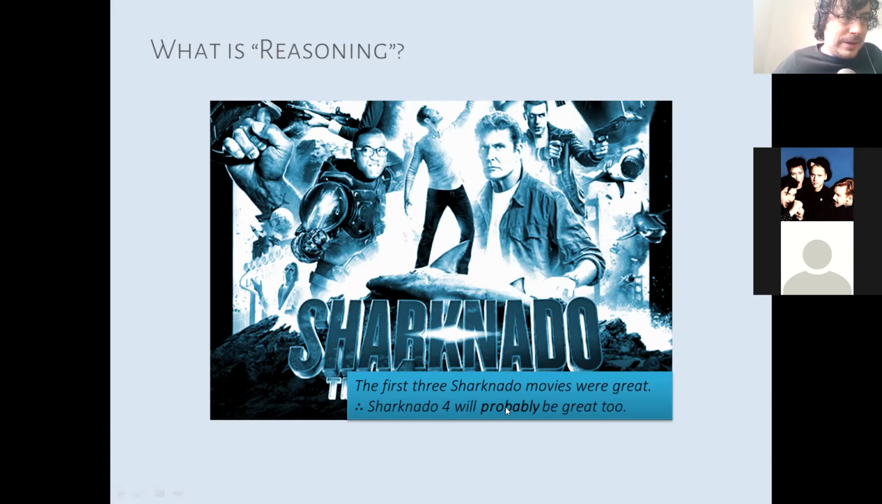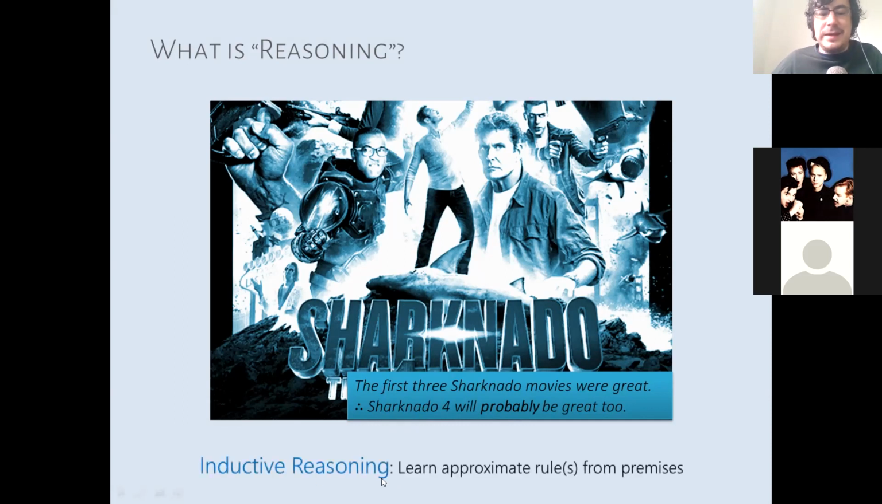If the first Sharknado movies were great, we can sort of imagine the rule that if it's a Sharknado movie, it must be great, right? So this is inductive reasoning. This is sort of learning approximate rules from premises. And this is something you do a lot in machine learning, where you give a bunch of examples, and then somehow the machine learning classifier or the machine learning model has to try to extract some patterns from that to try to predict some